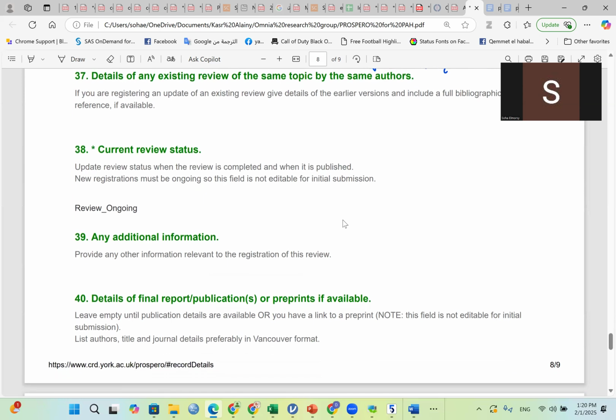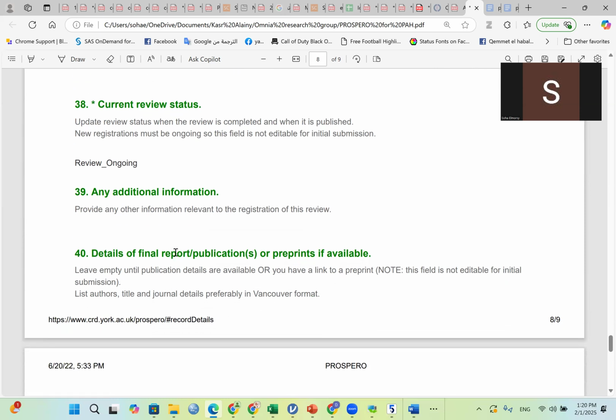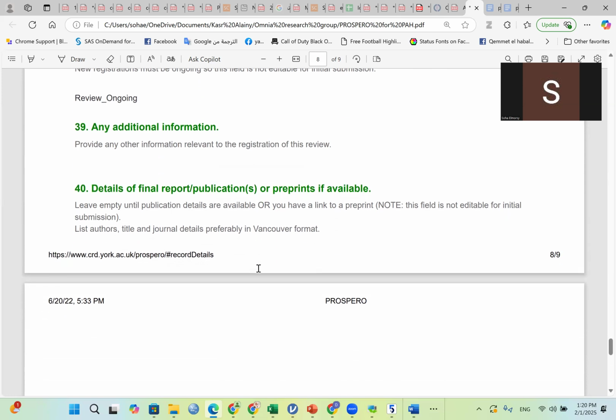Current review status for your first submission, you just put it's an ongoing review. Okay, so this is the status, the default status of any new review, because it's still ongoing. Any additional information that you need to provide, anything that you can think of, and the details of final publication. When you have published your review, you will make an amendment or an update for this register, and you will say, okay,